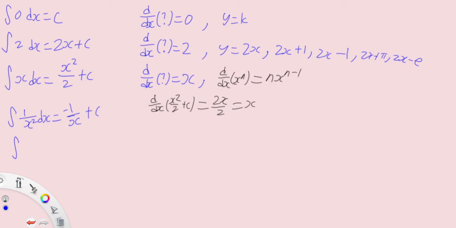For example, I have 5x to the power of, let's say, pi dx. Alright, so obviously pi is not a rational number, it's an irrational number, but thankfully there's a way to handle this irrational number. So again, I increase the power by 1, and then I divide by the new power, and obviously add a plus c. However, this doesn't work for